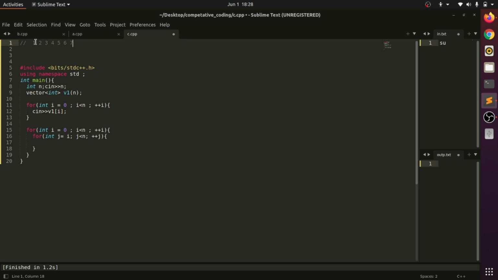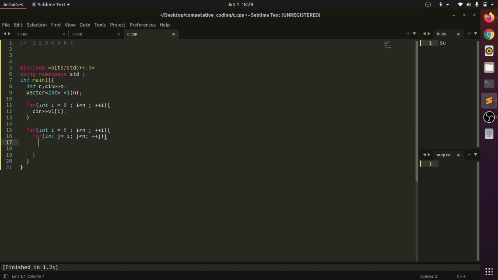For example, 1 can be a subarray, 2 can be another subarray, 3, 4, and so on up to 7. So there are 7 such subarrays that should be present, one for each element. When we start from i equals 0 and j equals 0, we get the number 1, which is our first answer.